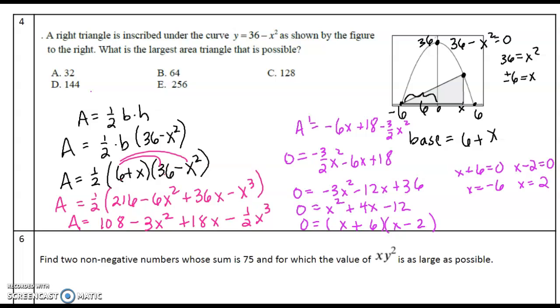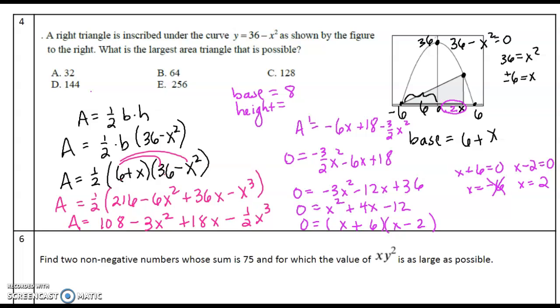Now, remember what x was, though. X was just this region. So if I have negative 6, that doesn't make any sense, okay? So this x needs to be 2. So if x is 2, that makes our base 8, because it's that 6 plus that 2. So our base is equal to 8, and to get our height,